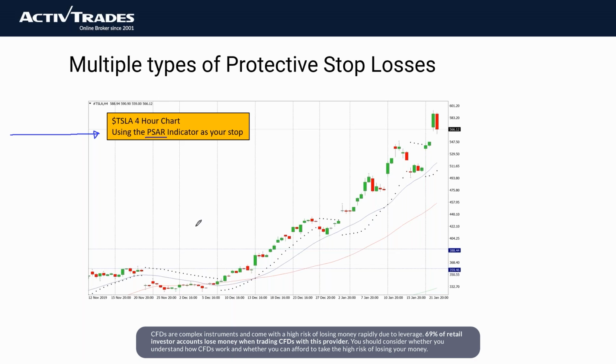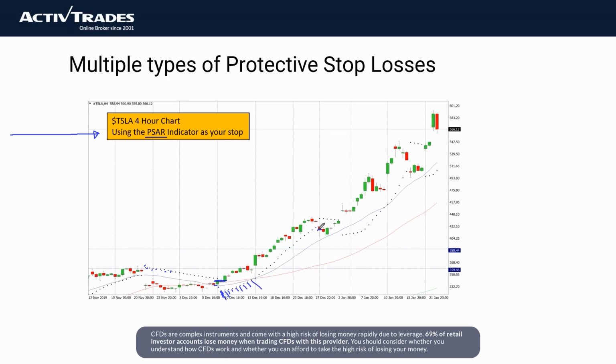And it is, as you might be able to see, what we've got here is dots. It prints dots as the indicator, prints dots on your chart. In this particular case, let's say, for example, we were buying, this is a 4-hour chart of Tesla, Tesla's above its moving averages, we're looking to be a buyer. What we would do is our stop loss would be placed where the PSAR dot prints, and then you basically amend your stop loss, once on the system, to basically follow the PSAR